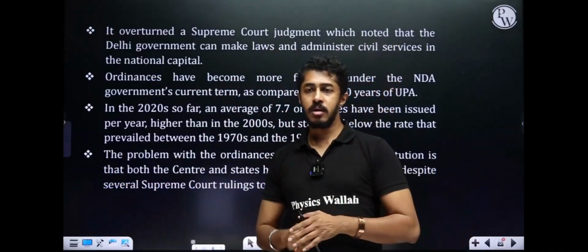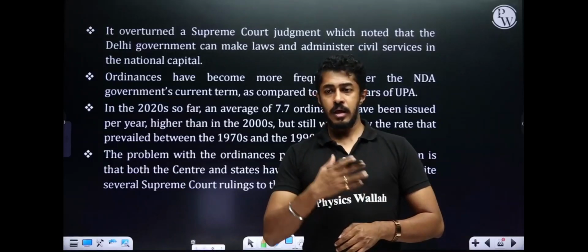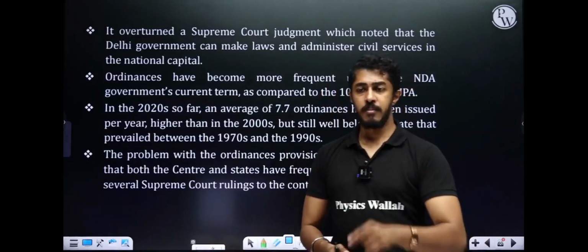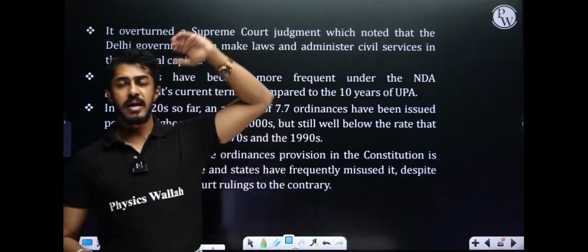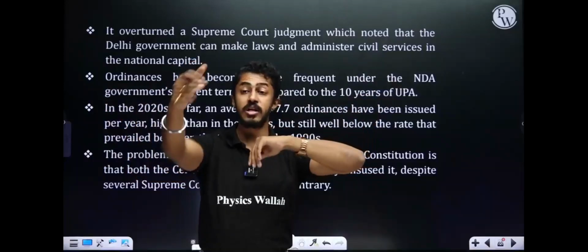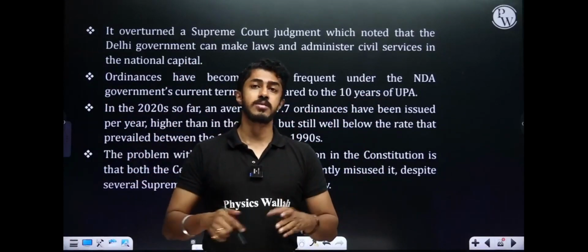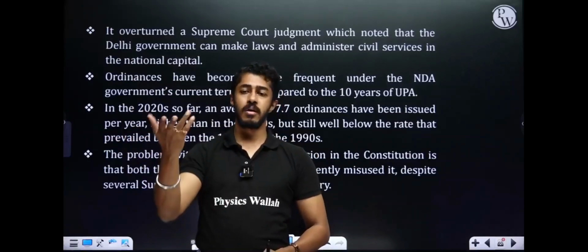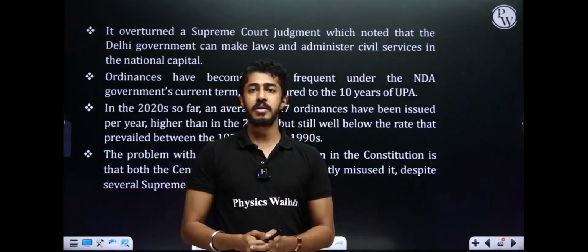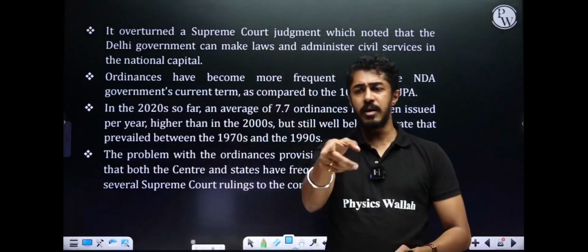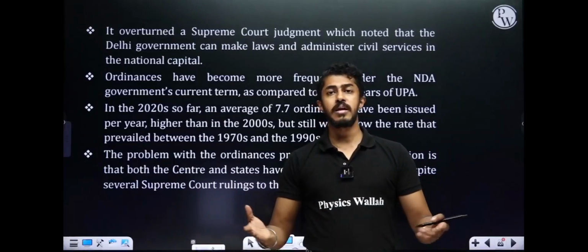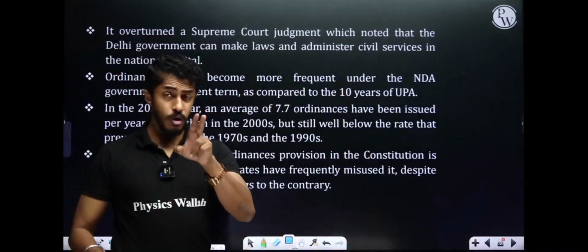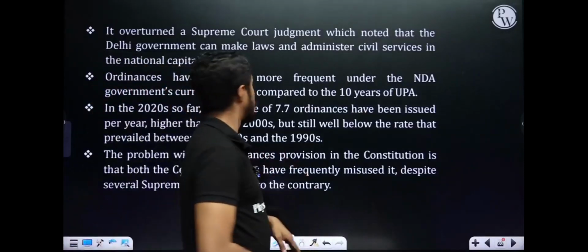So automatically, imagine, if I am the Chief Minister of Delhi, Abarna is an IAS officer working under me. Will she even listen to me? Because her transfer, her posting lies with the central government. And I know it and she knows it very well that I am the Delhi Chief Minister. The Union Government of India doesn't like me at all. Will she have to listen to me? I cannot take one single disciplinary action against her. Automatically, what will happen? She will only listen to the union government. She will never listen to me. More on this we will take up when we discuss the lieutenant governor issue.